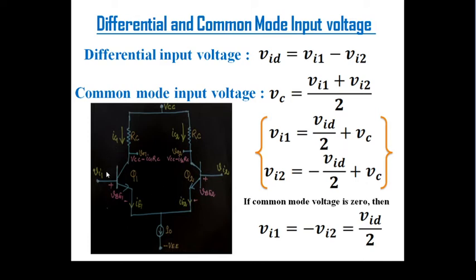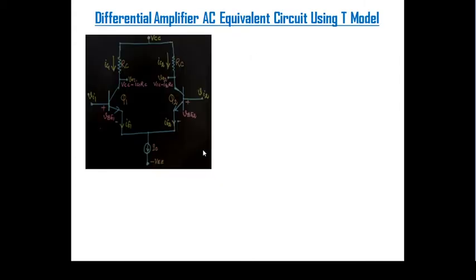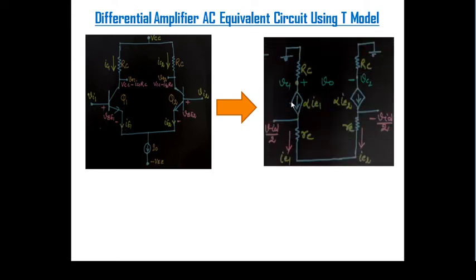For the AC voltage gain, we have to replace transistors Q1 and Q2 with their corresponding T models. This is basically the differential amplifier. Now we have to replace it with its corresponding AC model, and for this we use the T model, not the hybrid pi model. We replace the transistor by alpha I, RE and the base, like that. The DC supply is grounded, so we have RC, the Vc1 voltage, and alpha I1 in the T model with RE.